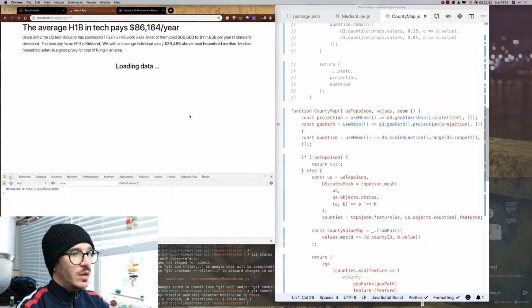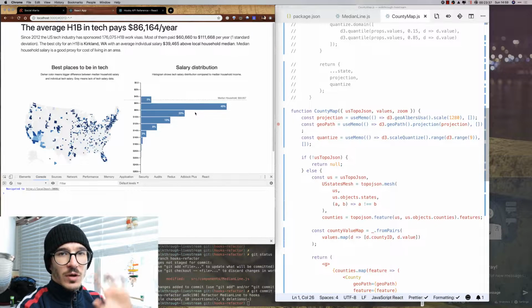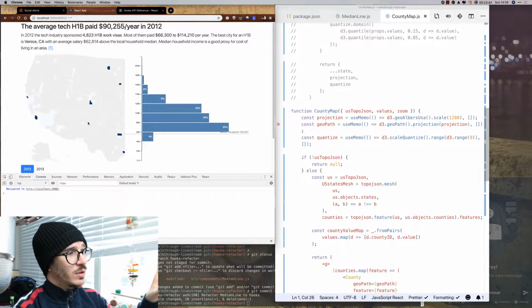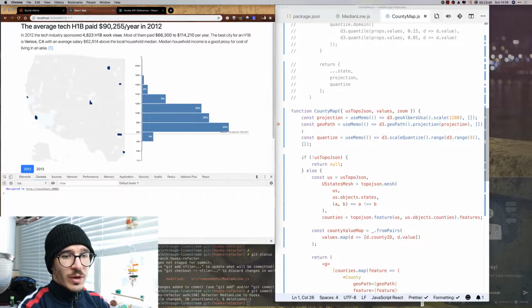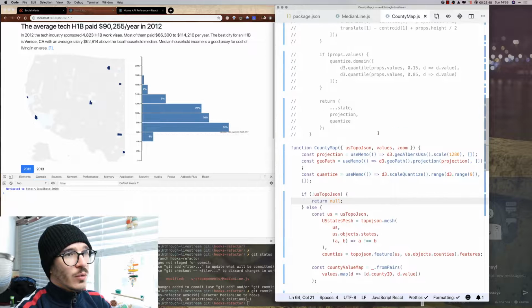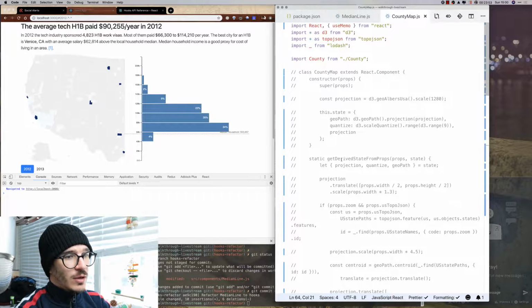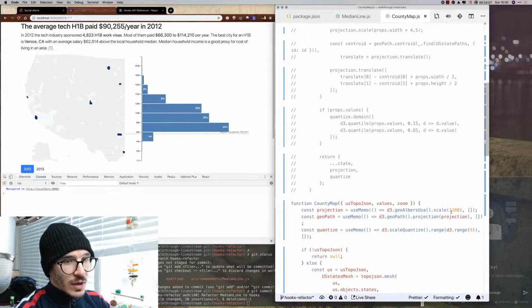It's because we're using a bunch of defaults. We're not feeding data properly into our map yet, and the result is that the map is incorrectly zoomed and positioned in the wrong place on the screen. So we can fix that by moving code from our getDerivedStateFromProps function from the earlier approach into what we're doing here. So we can see here that the projection translates and scales depending on width and height. So we can move that down here,